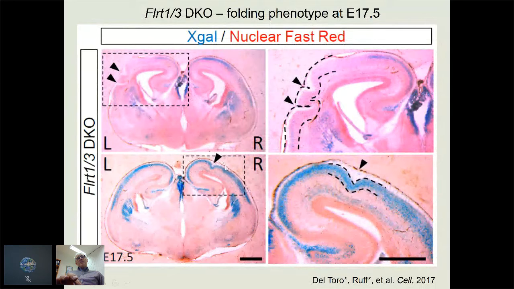For example, in this brain here on the right hemisphere, you see this fold here. It's enlarged here. It's quite deep, but the basement membrane is still smooth. So if you were to look at this from the outside, you probably would have a hard time seeing that there is a fold. Here's a more